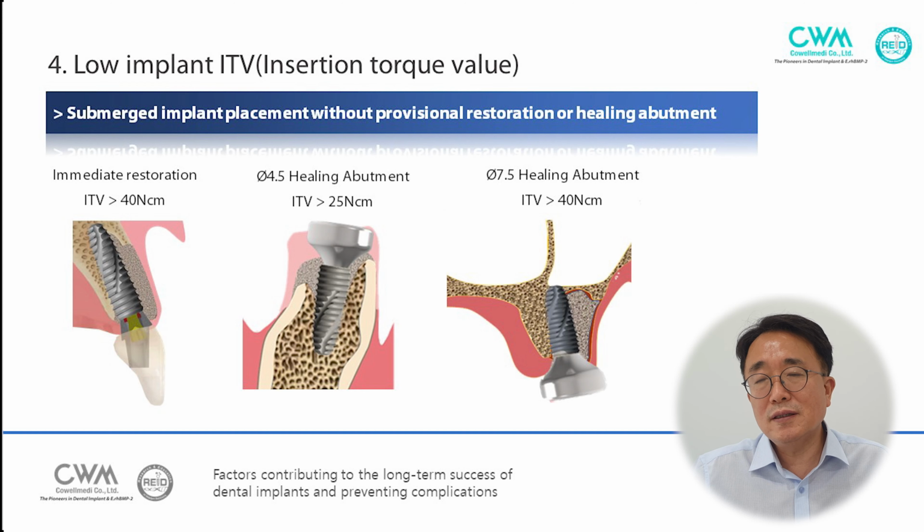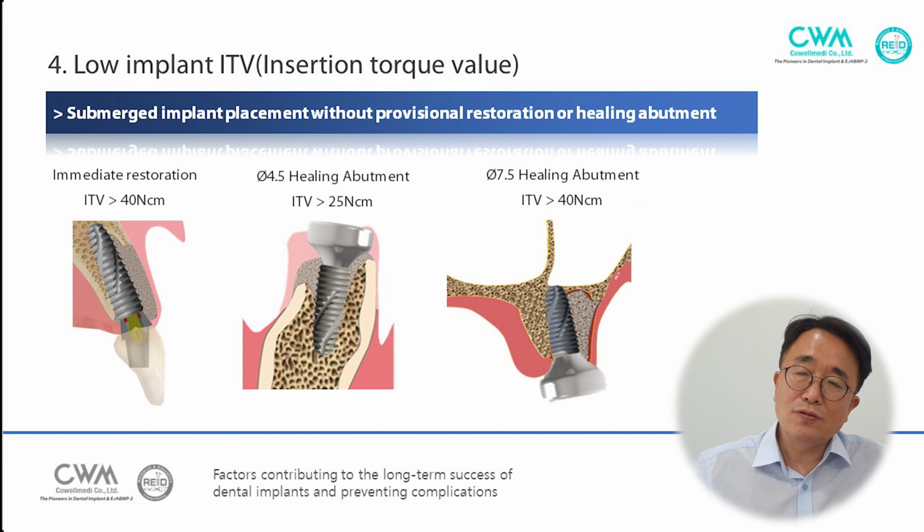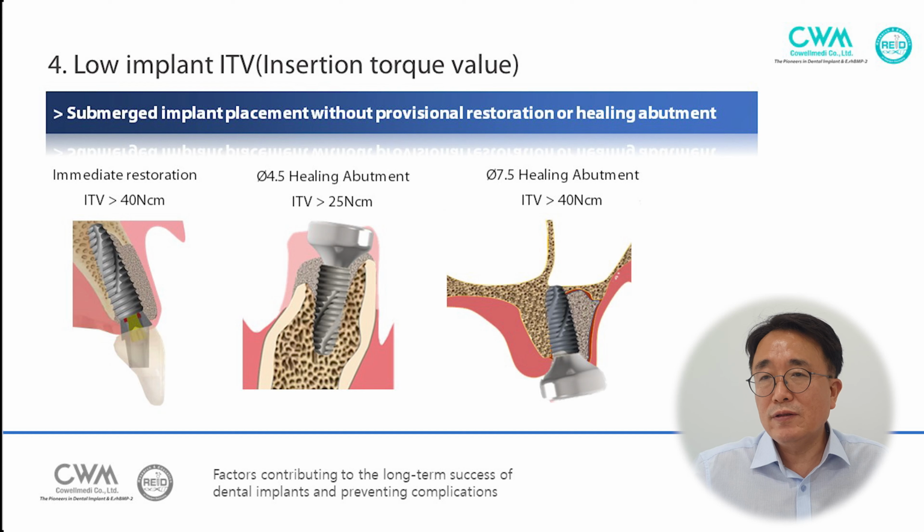But as over ITV over 40 Newton centimeter, the healing abutment diameter could be about 4.5 or 7.5. But if ITV is only 25 Newton centimeter, this healing diameter has to be limited to 4.5 or 5.5, like a conventional healing abutment. And